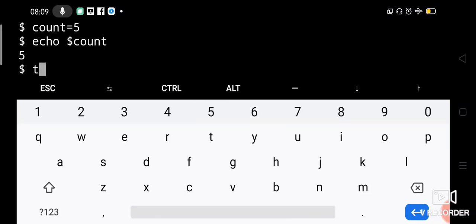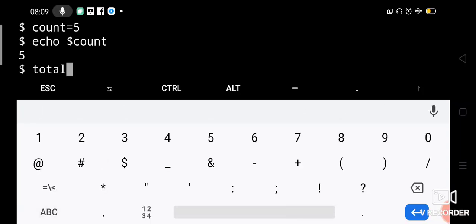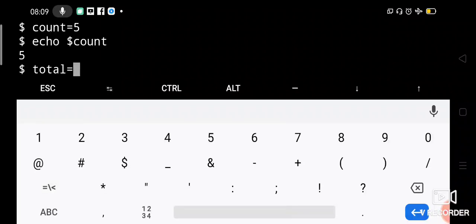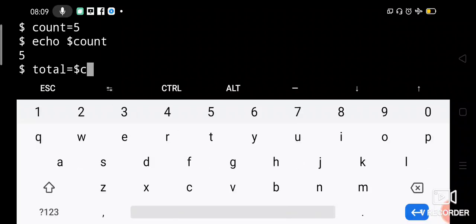Similarly, you can assign the value of count to another variable called total. So you can say total equal to the value of count, that means $count. Now the value of the count variable will be assigned to another variable called total.